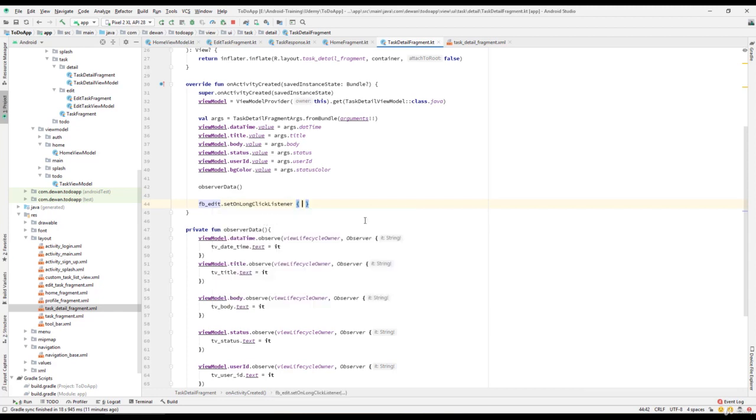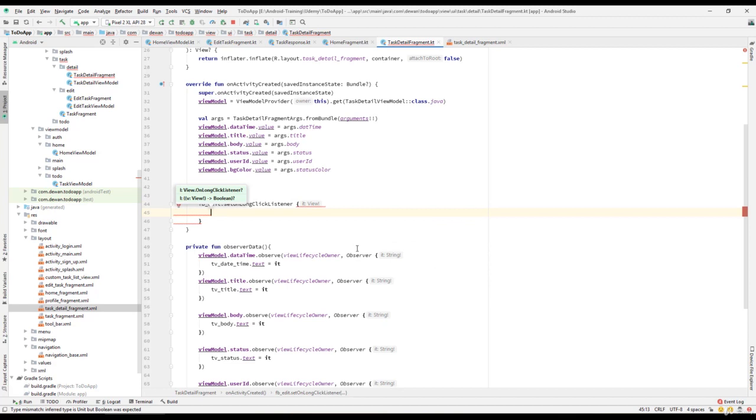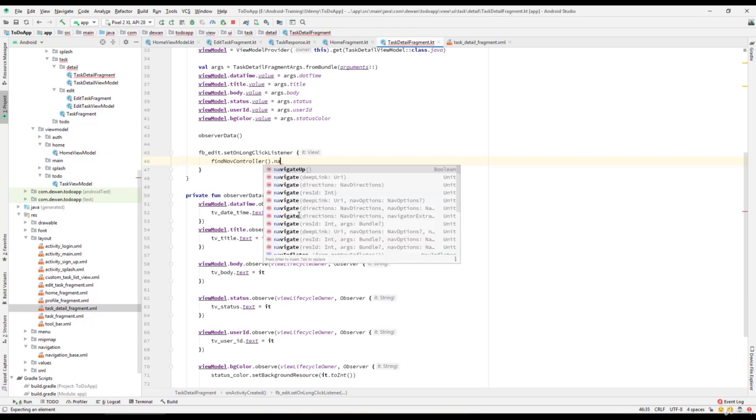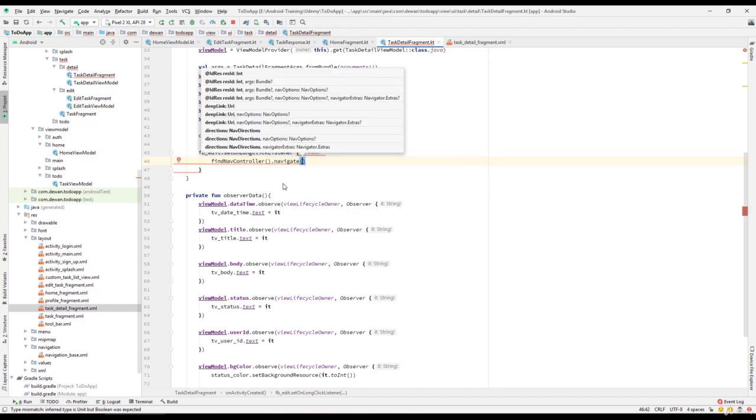So let me add an on click listener for this one, and that should be findNavController dot navigate, and navigate direction to be, the direction is